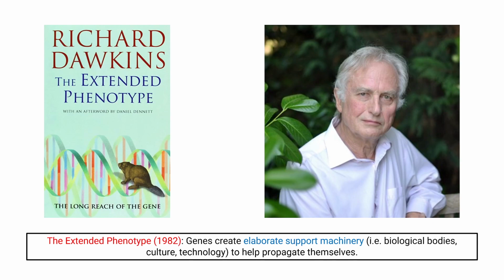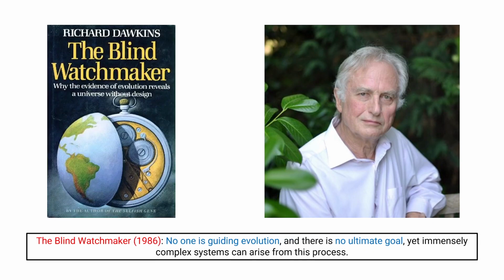So moving past the extended phenotype, if we accept that genes are this powerful that they can create all these different structures, then we start asking the question, well, where is this all coming from and who's in charge? And this was a much bigger question in the 80s, and evolutionary biologists today are pretty accepting of this particular principle. But in 1986, he wrote a book called The Blind Watchmaker to argue that, despite the